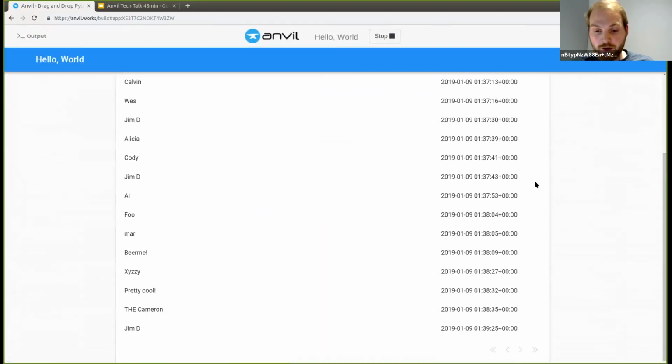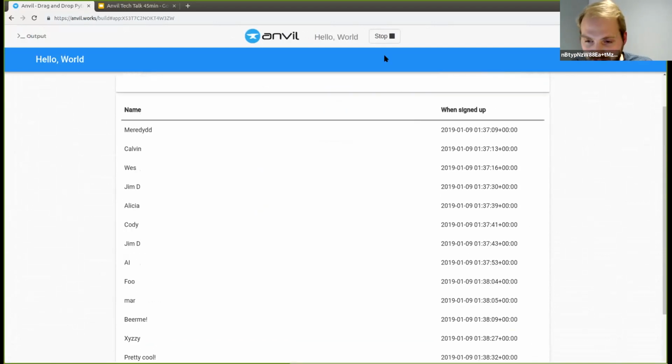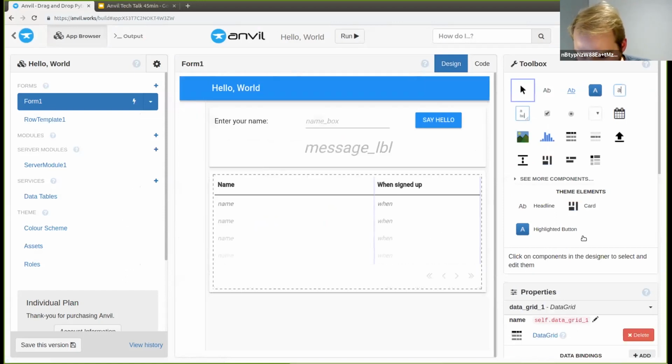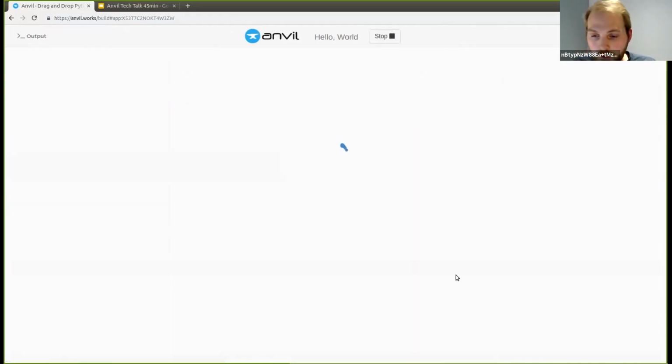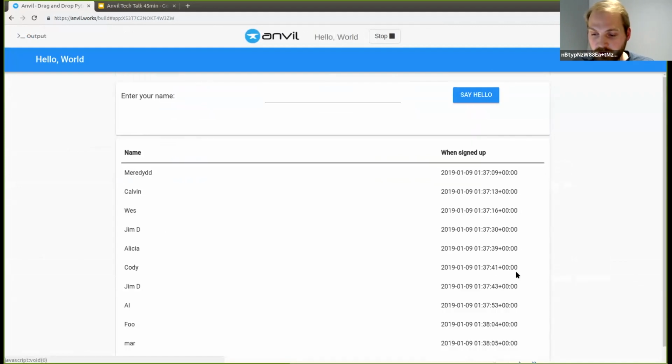And that is how you pull these things. Okay, that's scrolling a bit. Let's go back and paginate this list. So let's go with a maximum of 10 rows per page, so it stays on my demo. There we go. So you can see we have displayed data from this database in a paginated table, again with very little code.